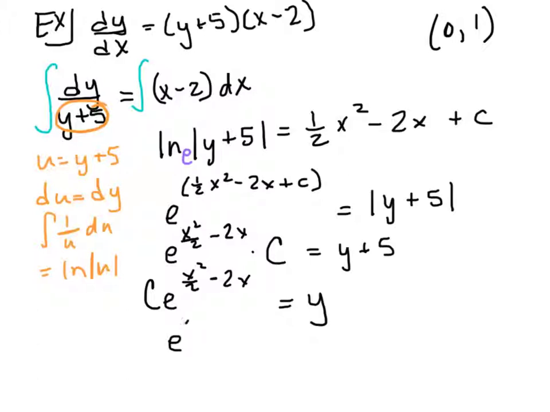So we have c times e to the 0 squared over 2 minus 2 times 0, which has to equal 1. Well, the exponent here is just 0. 0 minus 0 is 0. And e to the 0 is just 1. So we get that c is equal to 1. So that being said, our particular solution now is y equals,